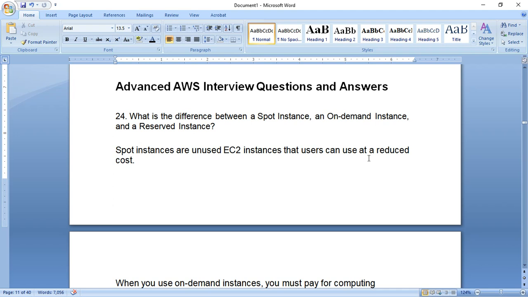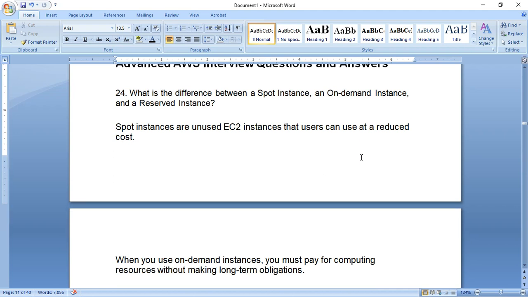On demand is the costliest one, and it is like you are paying for everything, right? You are paying for everything there. It is the costliest instance, but there is no commitment, you can use it anytime. So it is good, for example, suppose you are using reserve instances and sometime for a couple of days your load increased, you can go for on demand instances, because in that case you just need to pay for 2 days.